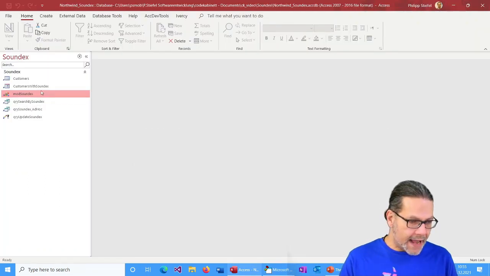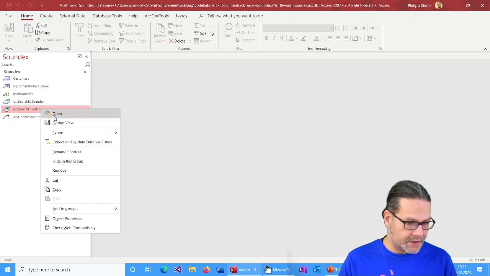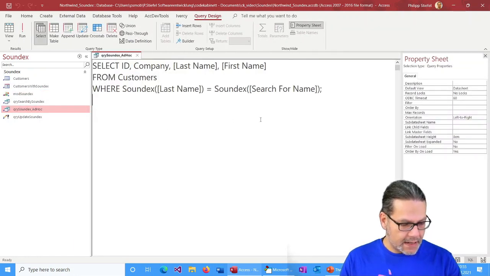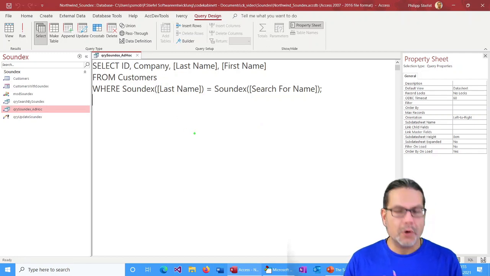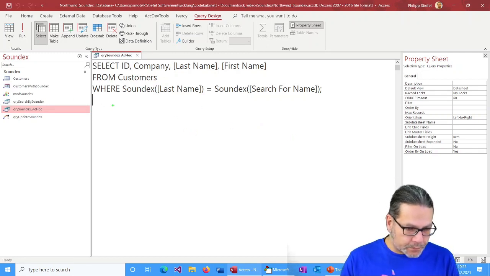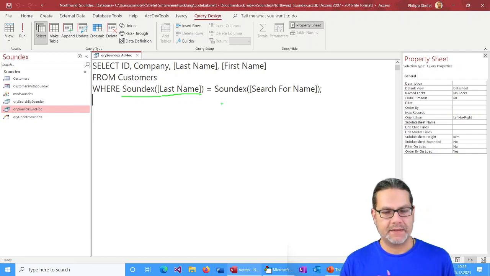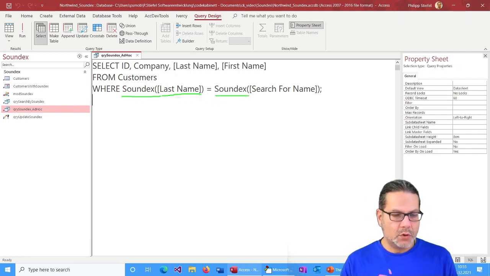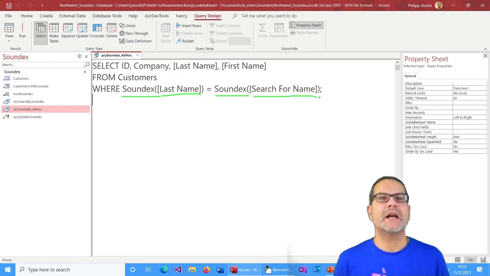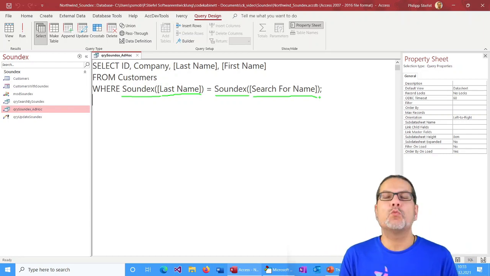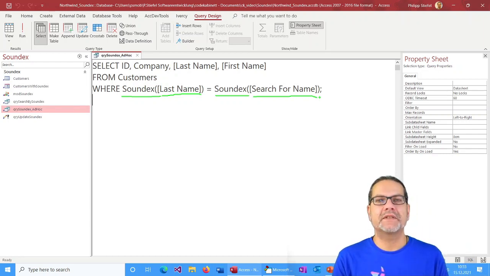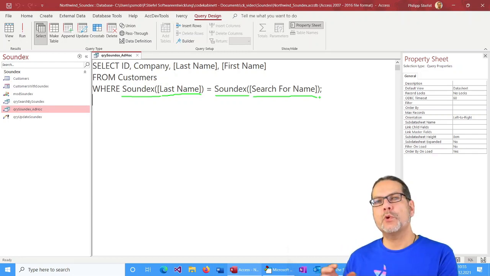So let's look at practical uses of the Soundex function. First, I wrote a simple query here that applies the Soundex to the last name column in the database and compares that to the Soundex value of a search criteria I just entered. And while this works, I absolutely discourage you from using it this way, because applying a function to a database